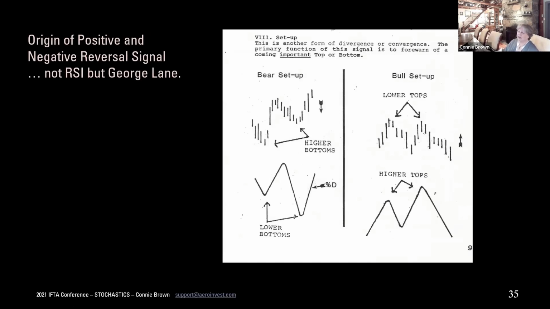Now, it was months and months, actually probably 3 or 4 years later that I realized positive negative reversals were introduced by George Lane. Nobody in RSI came well before anybody was discussing this in RSI. When you have a higher price and a lower oscillator pivot low, it simply is indicating that you are oversold at a higher price, showing some strength. The same with regards to a trap for a bull. Here I'm at a lower price. The RSI, the stochastics is meaning a higher price.